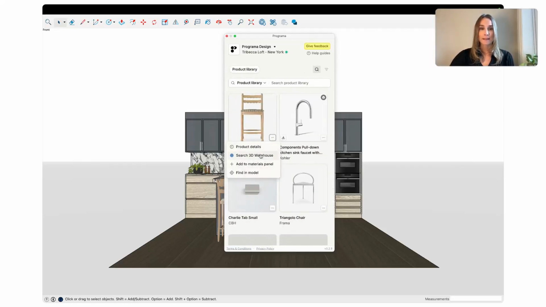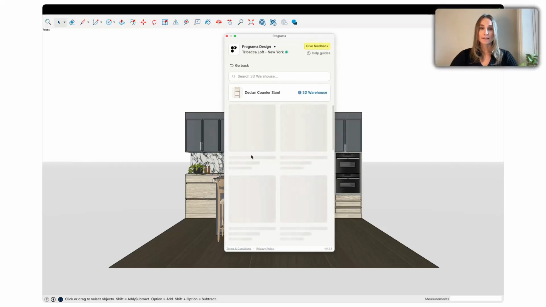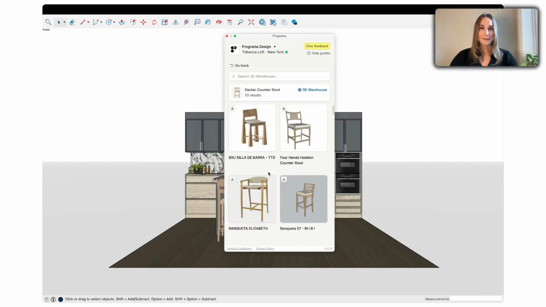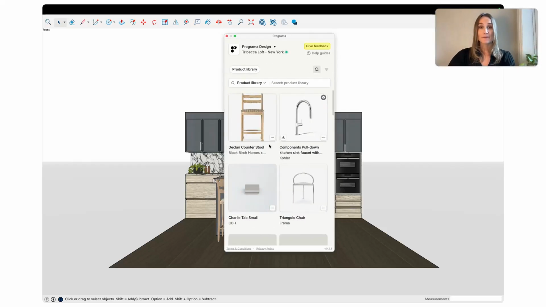As well, if you want, you can search the 3D warehouse. So that's searching for this bar stool, for example, directly in the 3D warehouse. Now I'll demo this a little bit more moving forward because I'm going to show you a couple of examples of how powerful that actually is. But you can search up the product itself, or if I go back to say paint sample,